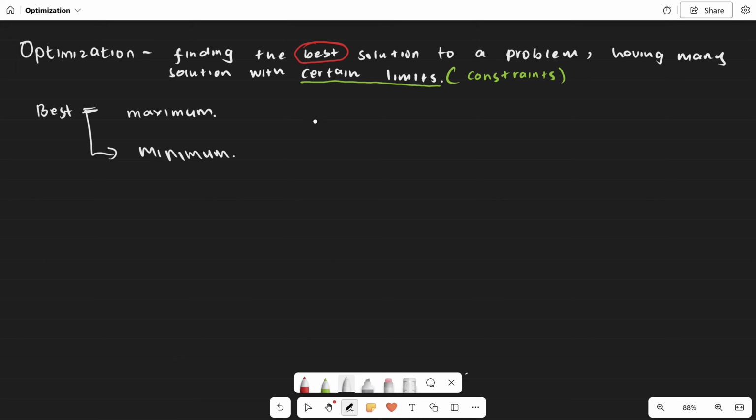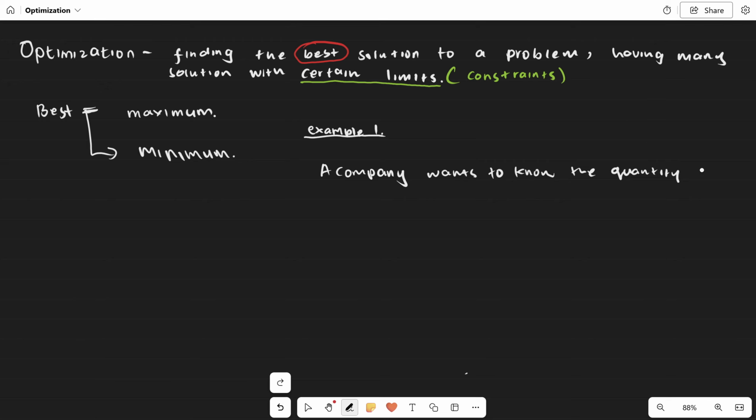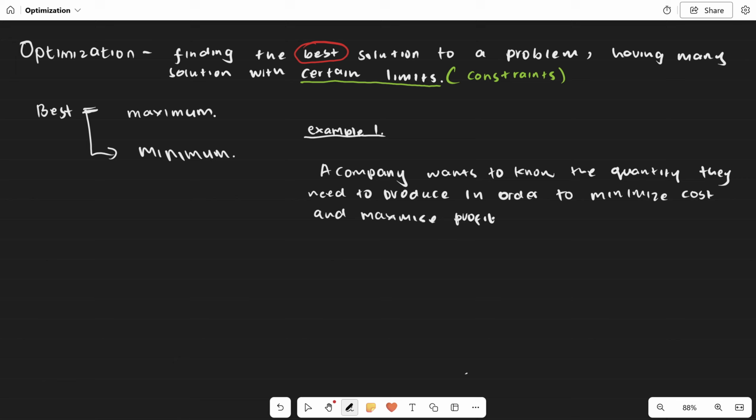So let's say we have a company, right? A company that wants to know the quantity they need to produce in order to minimize cost and maximize profit, right? So we know that all companies, right,